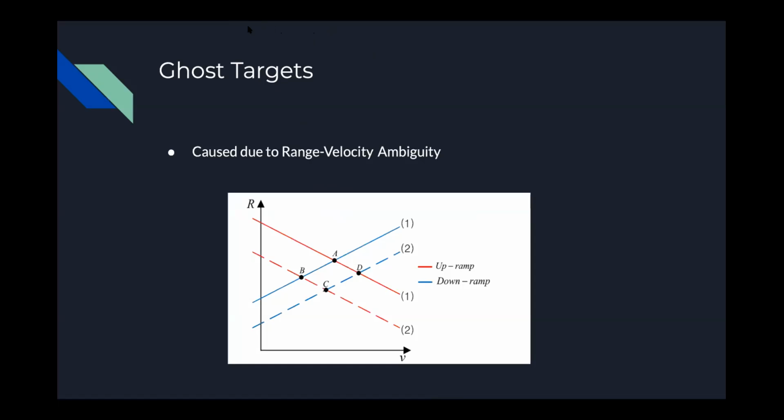So with the two triangular waveforms, if you want to find the range and velocity, we have to do a 2D FFT. When you go for the angle, we have to do a 3D FFT. All right, so it means we are going to limit ourselves at present to only FFT. So don't go for other algorithms.